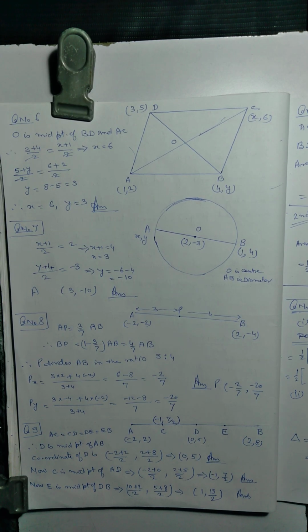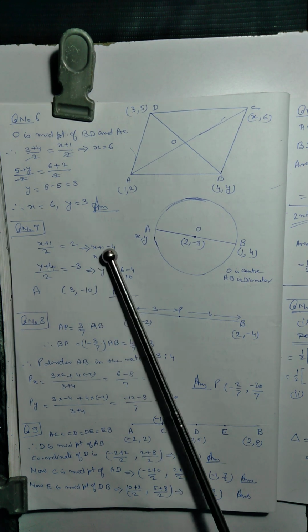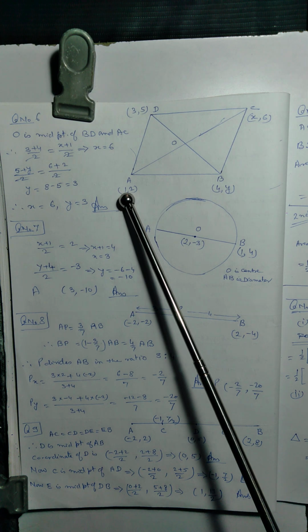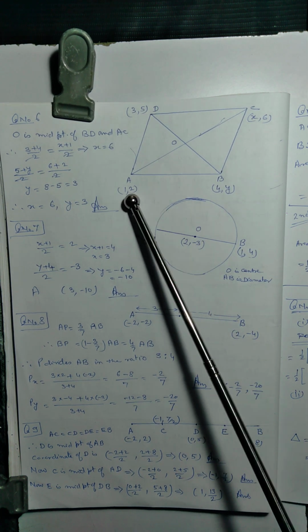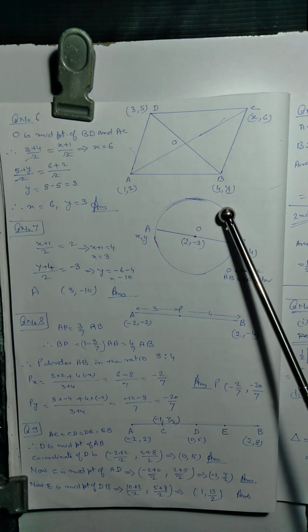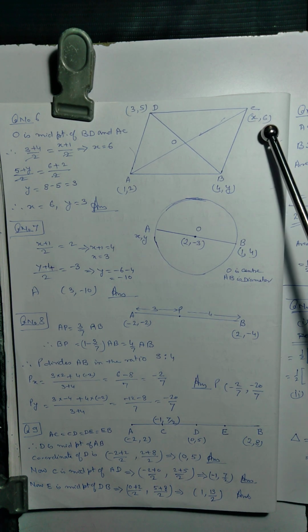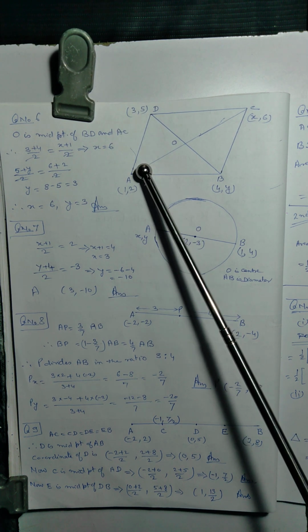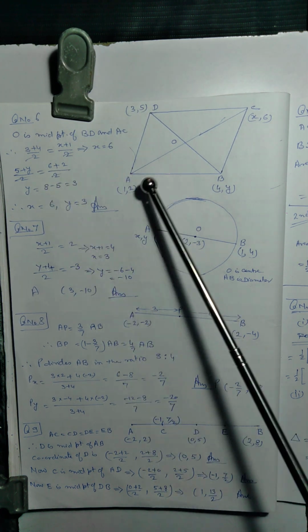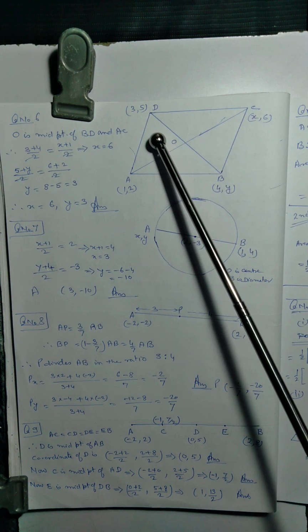Let us proceed to question number 6. You see, there is a parallelogram ABCD. The coordinates are given, that is 1, 2, 4, y, x, 6 and 3, 5. These are the coordinates which are given. As we know that the diagonals bisect each other,